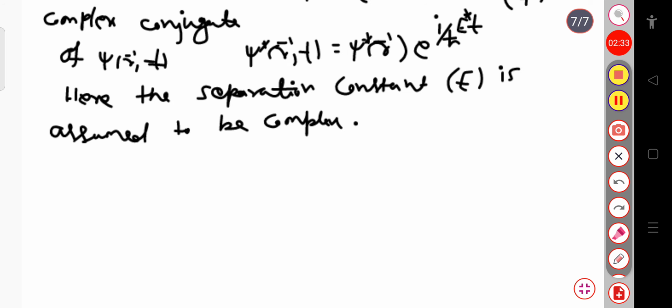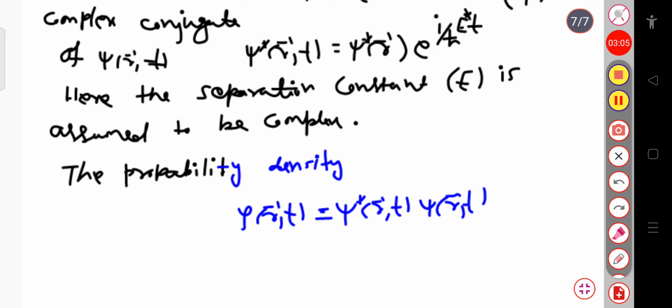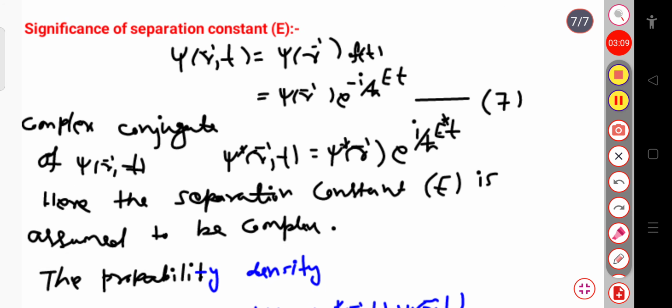Now the probability density can be written as rho, so this will be simply rho of r,t equal to psi star of r,t into psi of r,t. This is the probability density. Now again this psi star, let me give this as equation number 8. So from equations 7 and 8, if I multiply these two terms, you can write